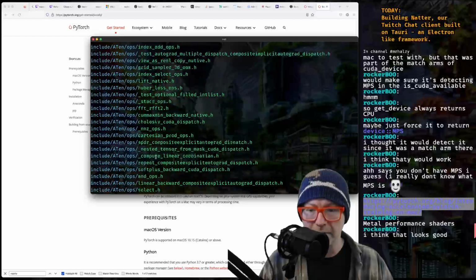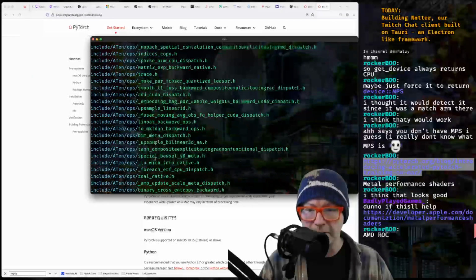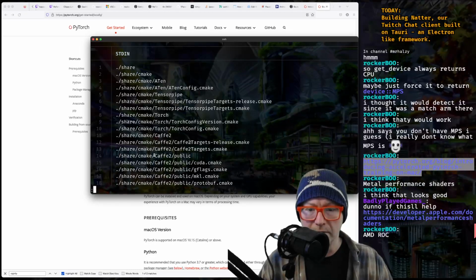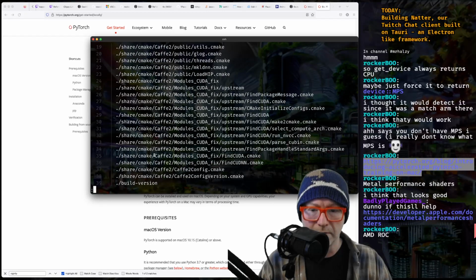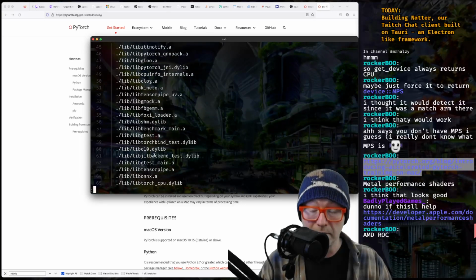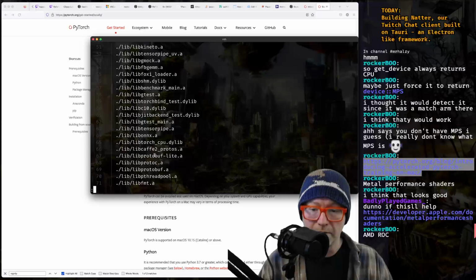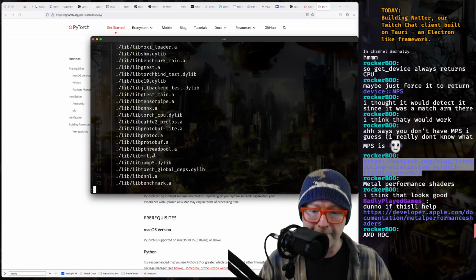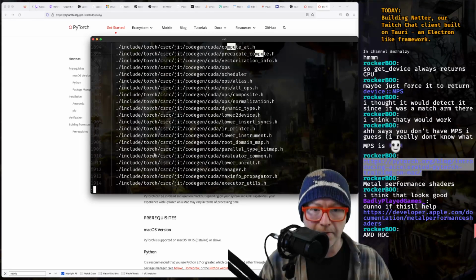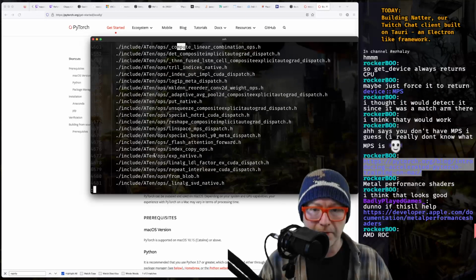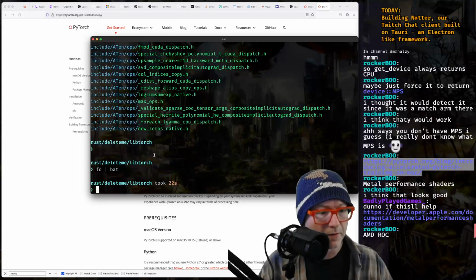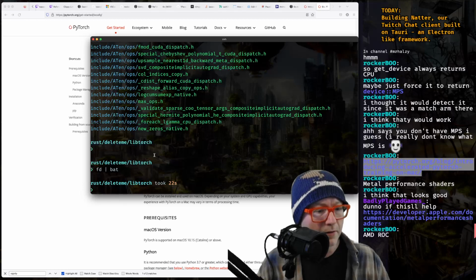What do we have here? Header files. Okay, so oh, AMD.